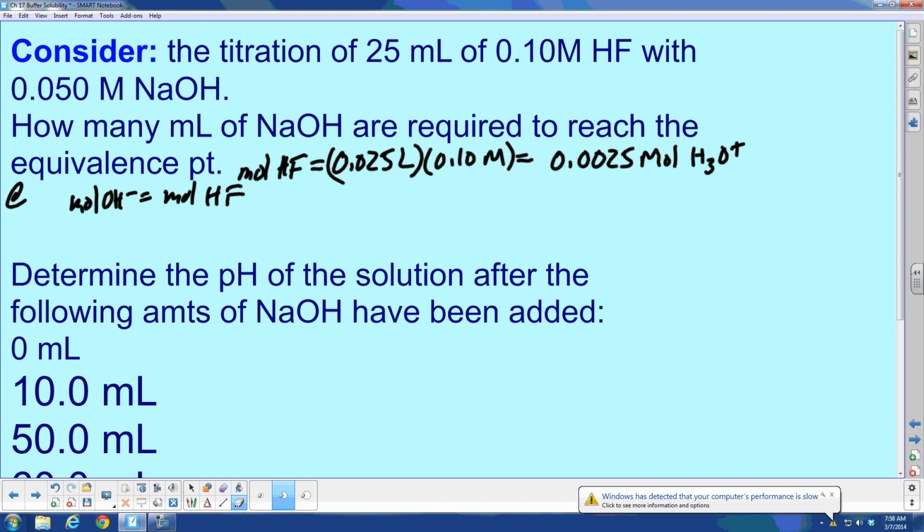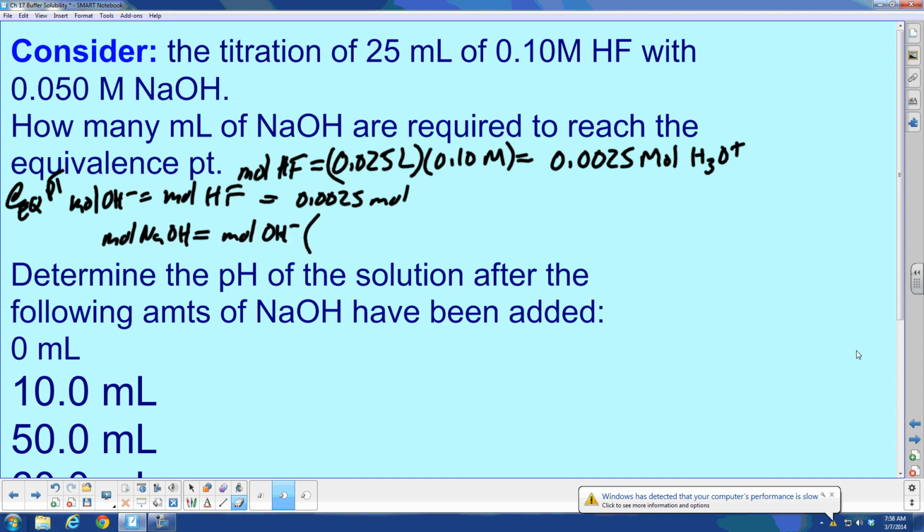So at the equivalence point, the moles of hydroxide equal the moles of my weak acid, which will equal 0.0025 moles. Wunderbar. Now we want to get moles of sodium hydroxide, which is equal to moles of hydroxide times,